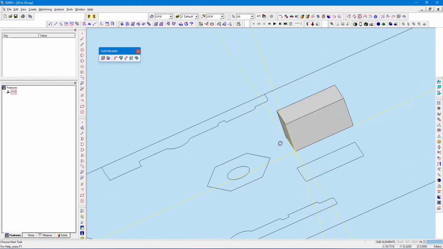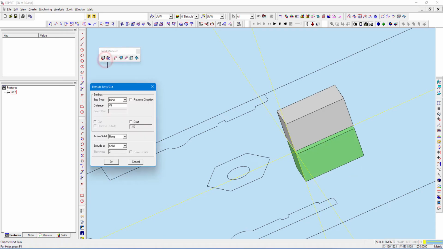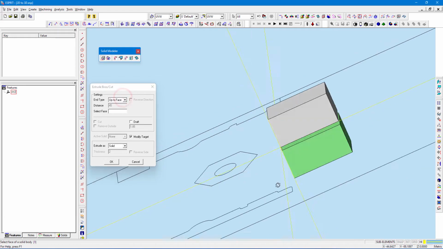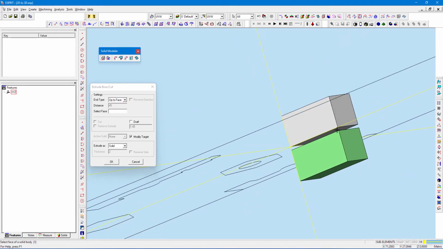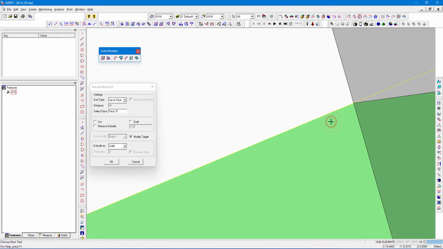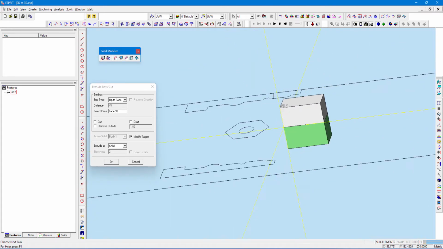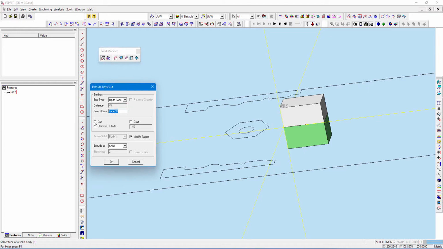Next, I will show you another sketch, the same way, a square rectangular sketch, and I will show you the up to face option. It is the third option. Just select up to face and select the face, and it is automatically extruded to that face, which is face 31.